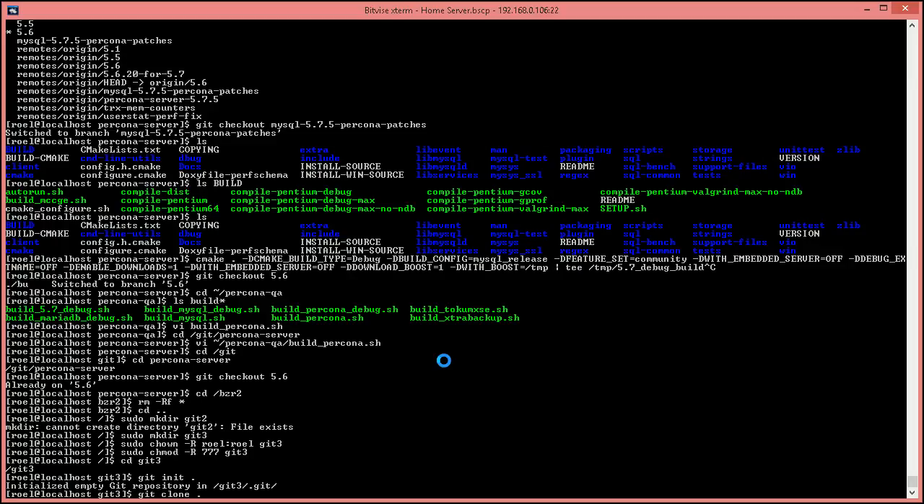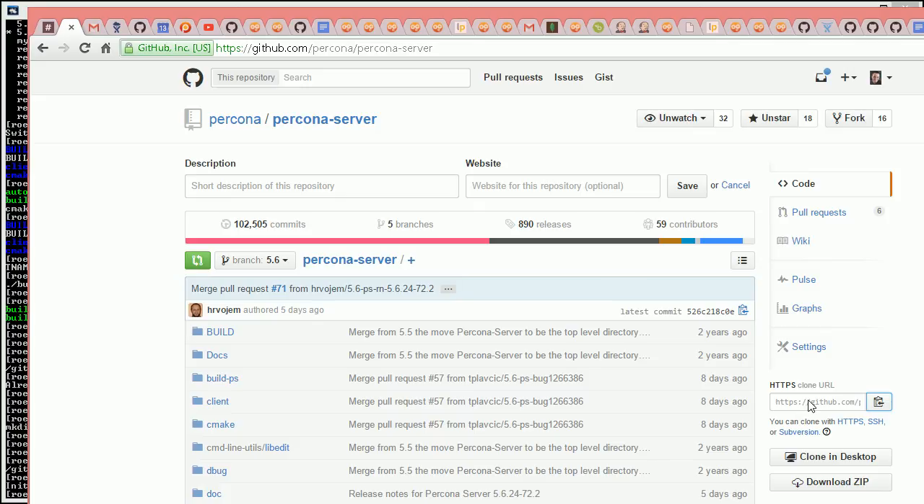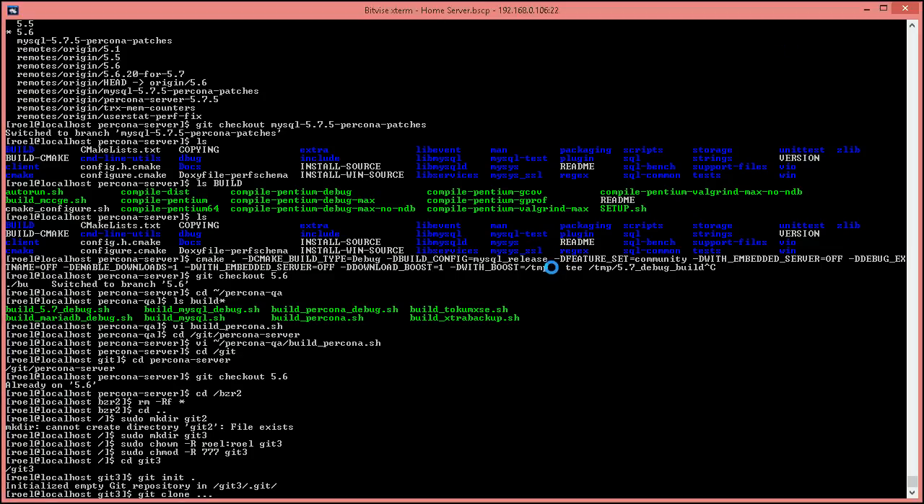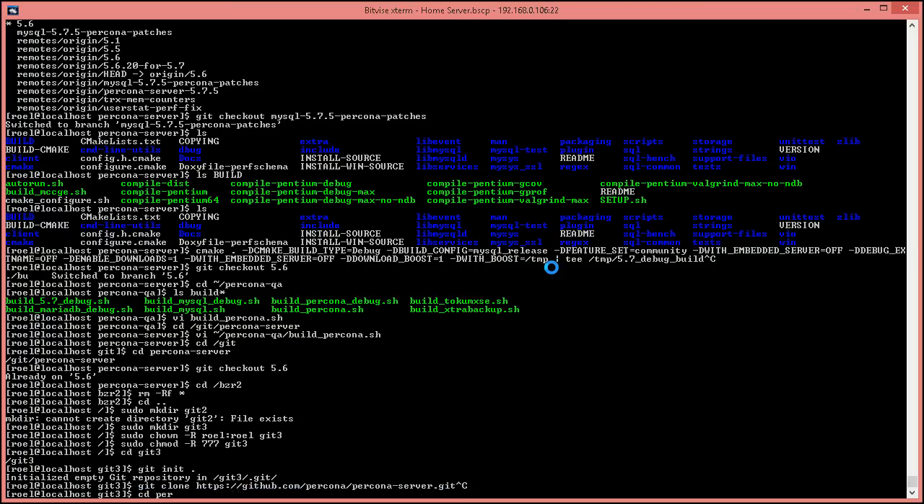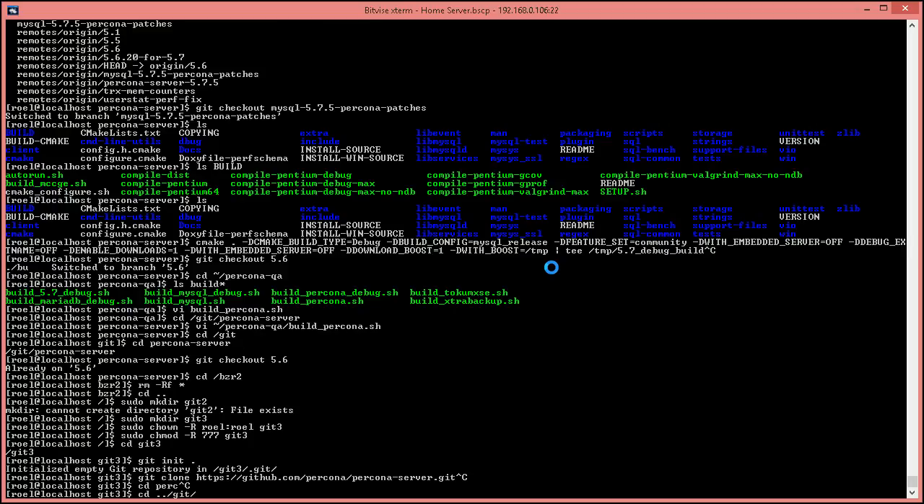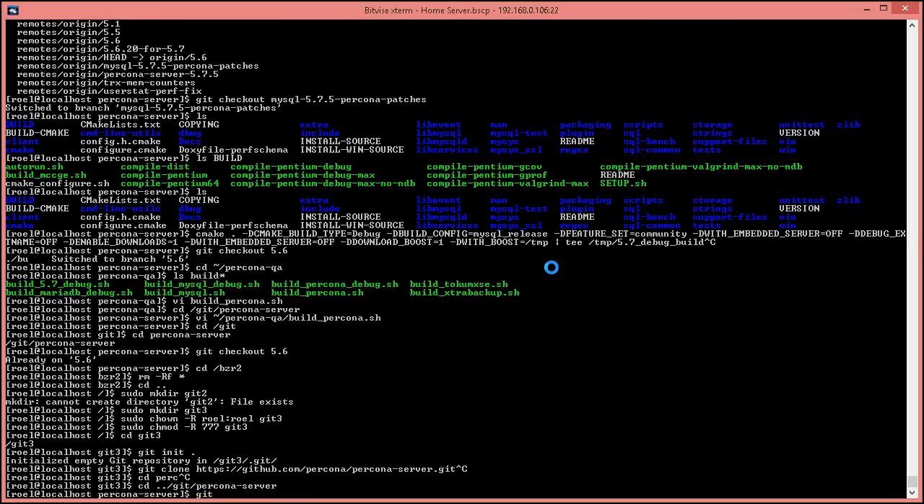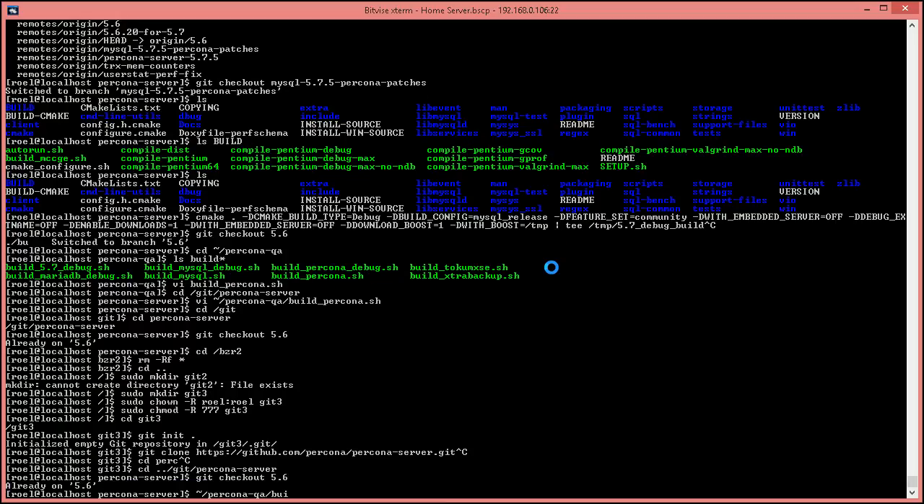Git clone, grab that URL that we've seen from here, just copy that into the clipboard. Come back here, clone that. Doing that will create a Percona Server directory. So I'm just going to change into the Percona Server directory. Then you would git checkout 5.6 and you would build Percona. And that would give you an optimized or a release and also a debug and valgrind build ready for you